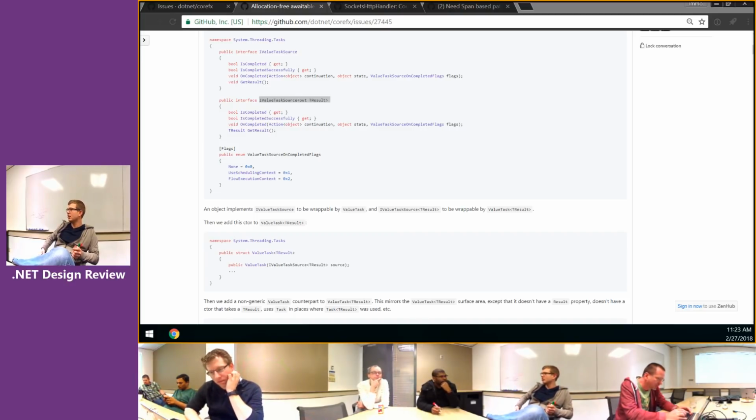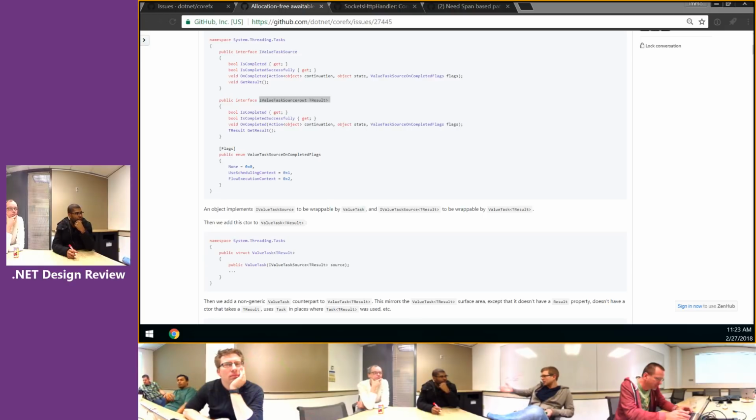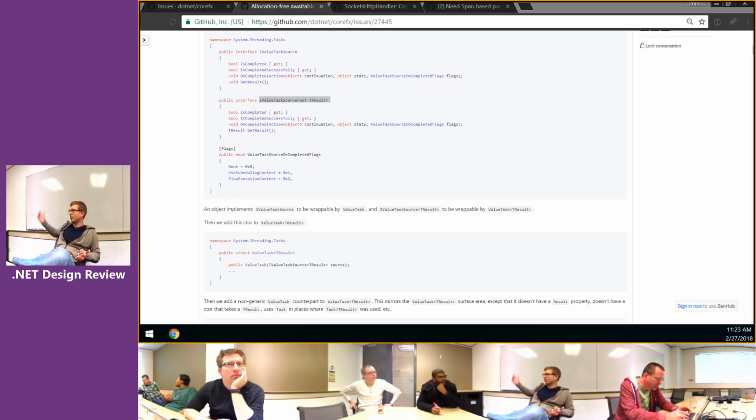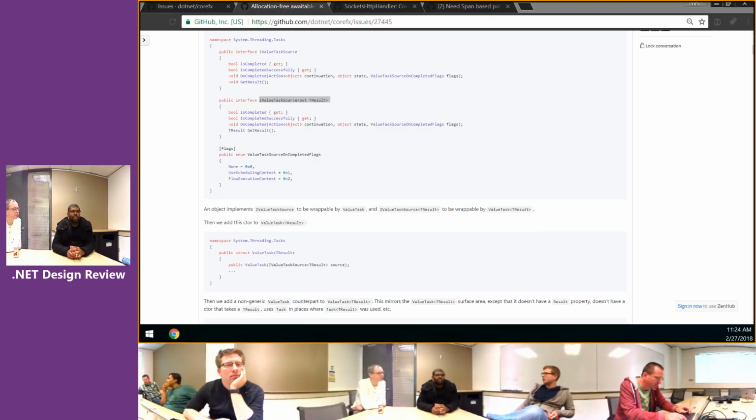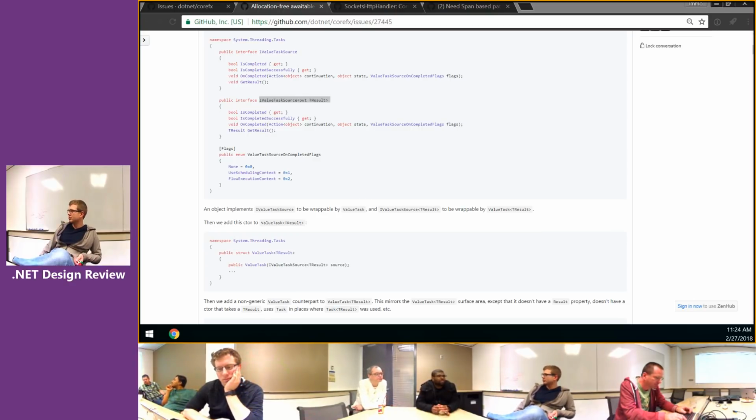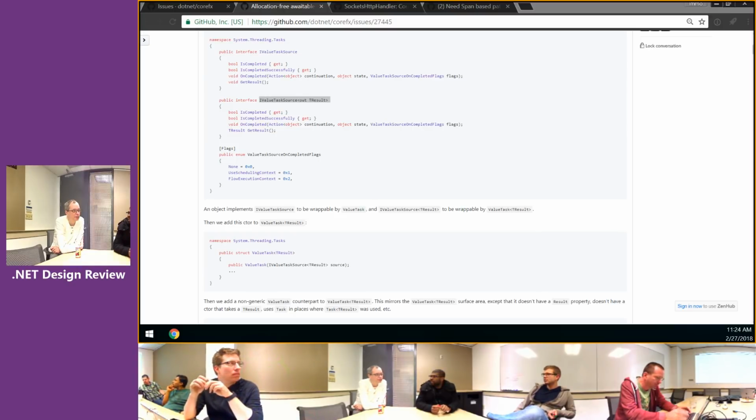Yep. So it's not entirely a task completion source. It's like a completion holder thing. Yes, it's like type avoidable. Yeah, it's like type avoidable. But I was thinking about a real thing. You create a new bar. You could do that, but then it's okay. Yeah, but it's resettable. So if it's a long-lived multi-operation thing, it's like a sequence position, but for